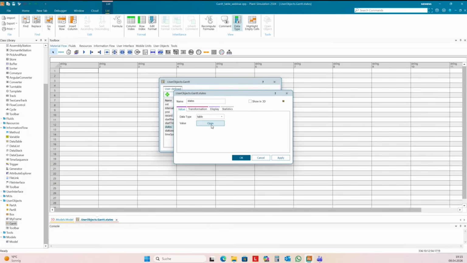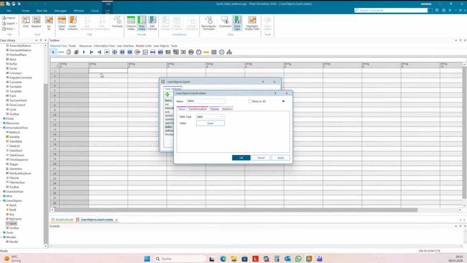So I open the table and I activate the row index, so I can use the row as an index. Okay, we have some states for the stations. We have the state paused. If we use working, setting up, if you have some setup times,